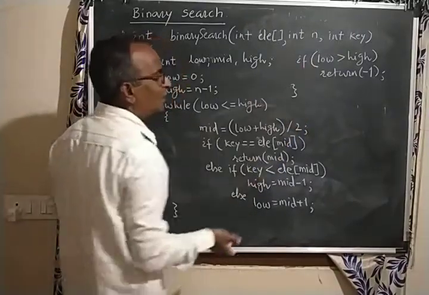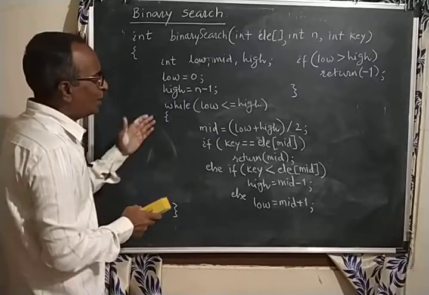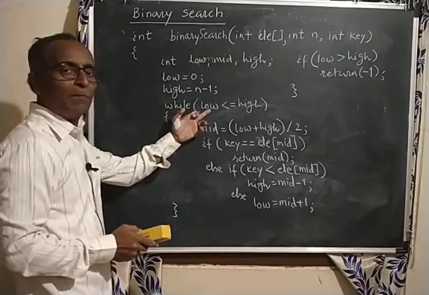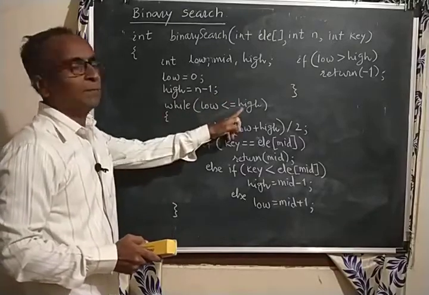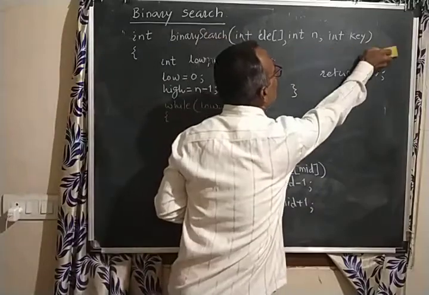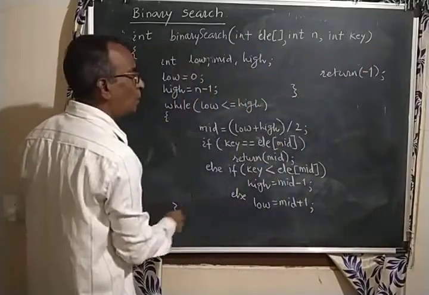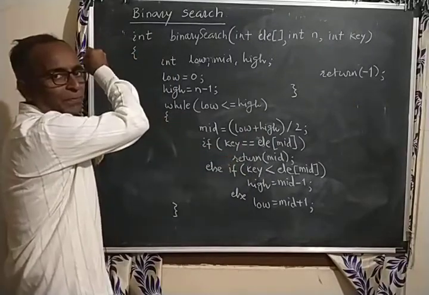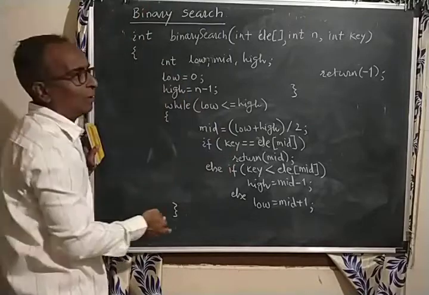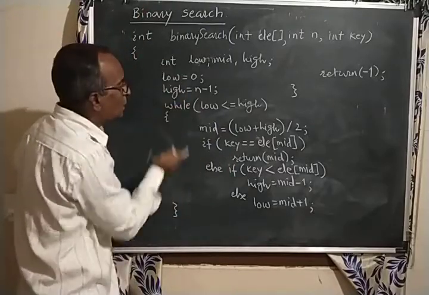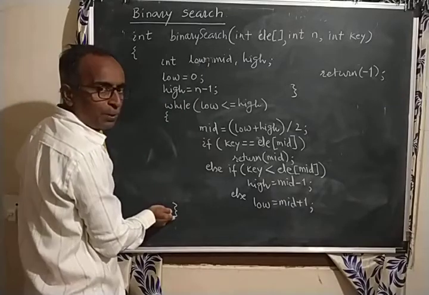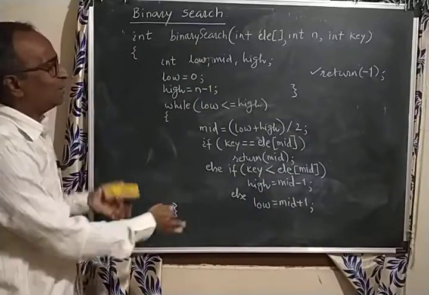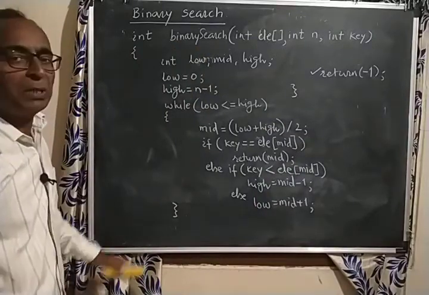This condition there is no need of checking also, because when you come out of this loop, anyway low will be higher than high. So this condition is also not needed. Directly after this loop I can write return -1, because for a successful search it will return from inside and stop. Control goes to the caller. When it is an unsuccessful search, definitely it will come out of this loop and then return -1. So this is the simplest binary search iterative algorithm.